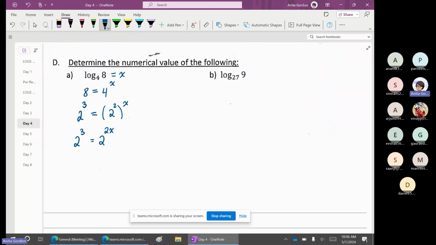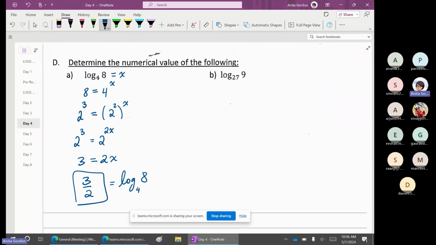And when I have two exponents that are equal to each other with the same base, then I can just say, okay, well, this must mean that 3 and 2x must be the same. So the answer is 3/2. So 3/2 is the same thing as log base 4 of 8. Okay, so when we're simplifying,